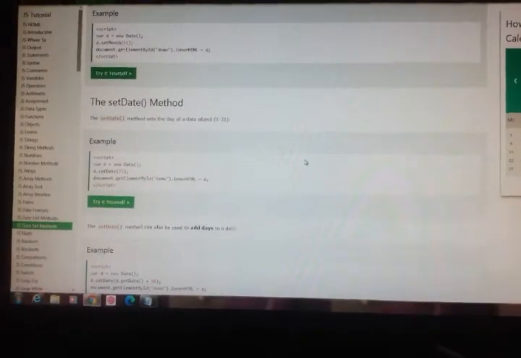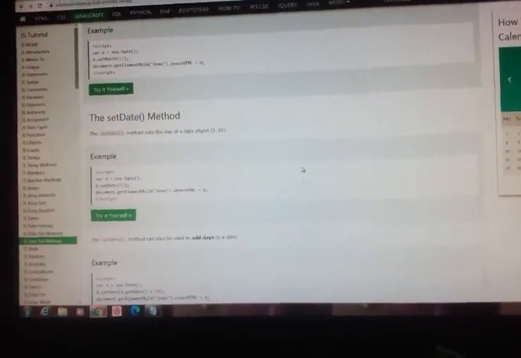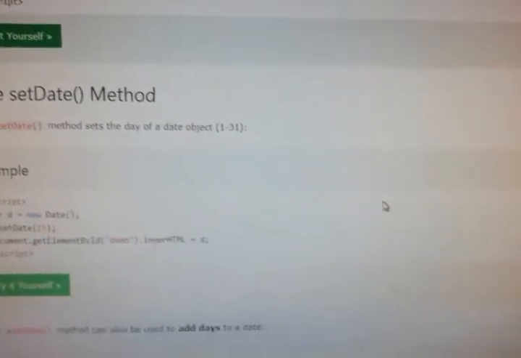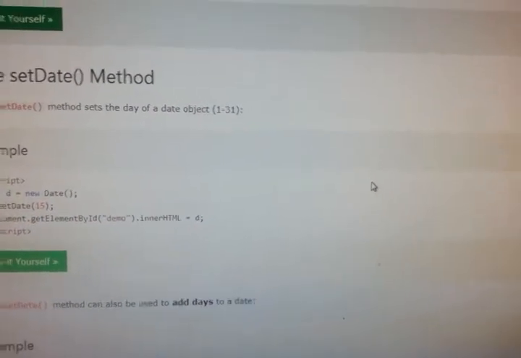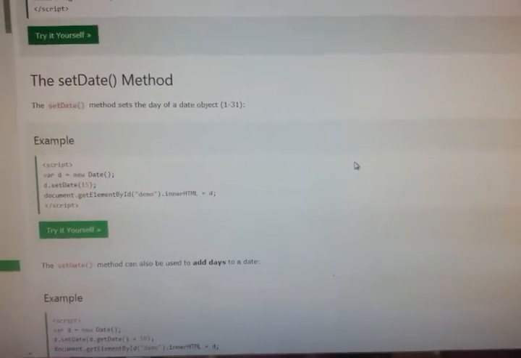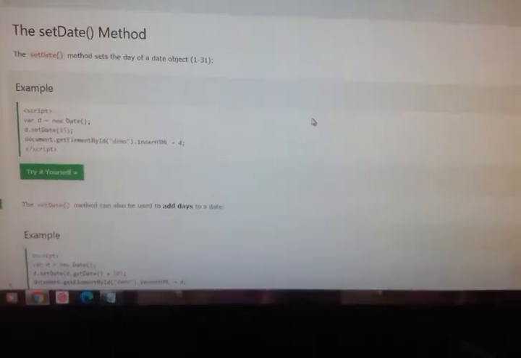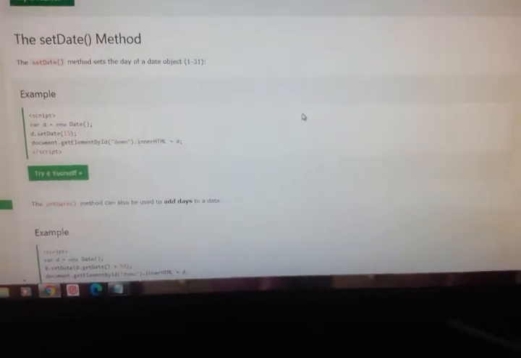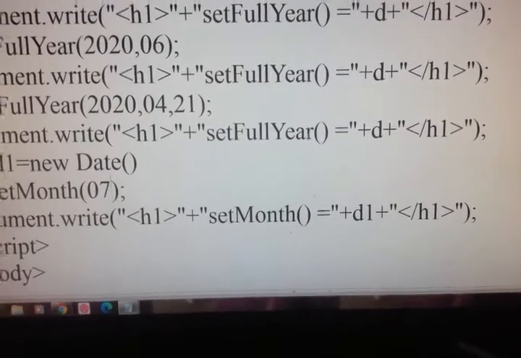Now set date. The set date method sets the day of a date object, and the range is from 1 to 31.